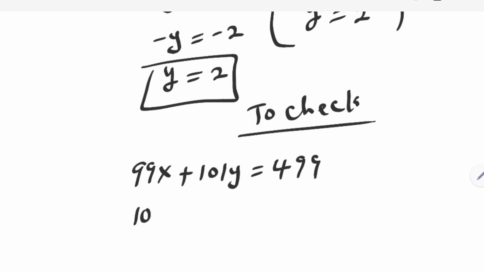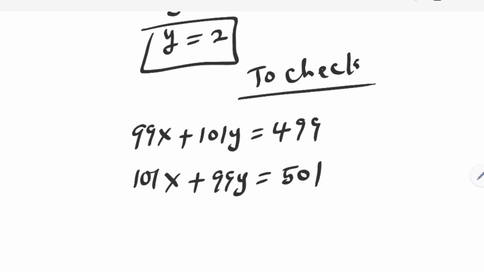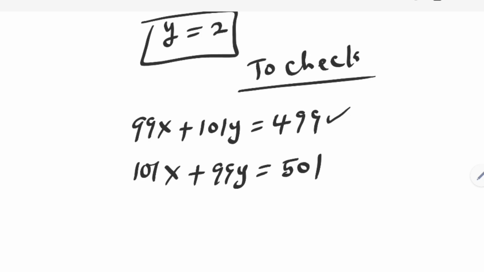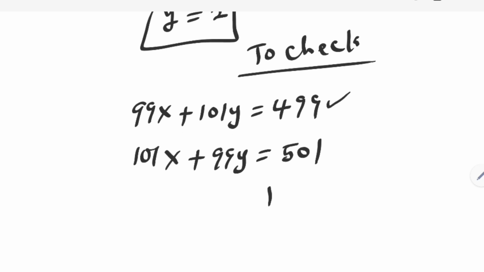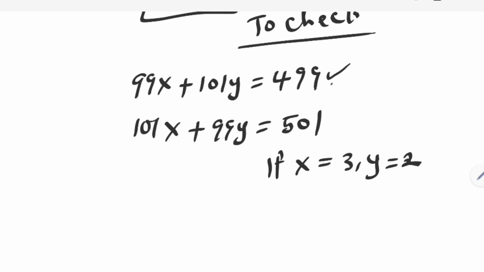Also, 101x plus 99y is equal to 501. Now, I'm going to make use of this. So, if x is equal to 3 and y equal to 2, this becomes